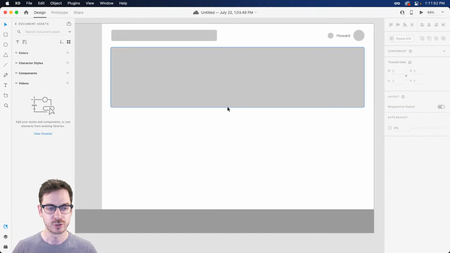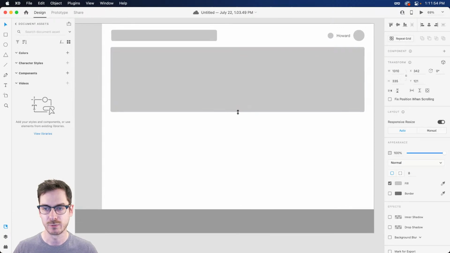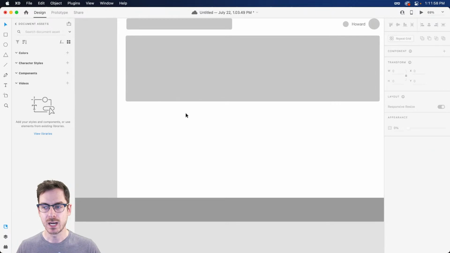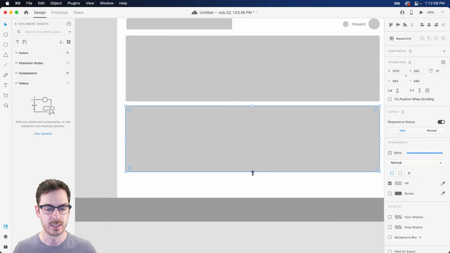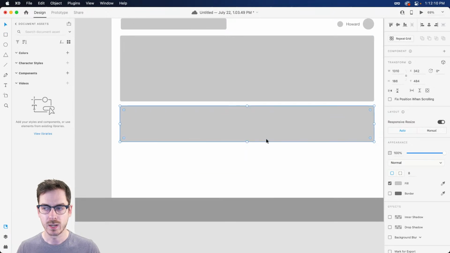All right, so we have our featured section right up here. Maybe I'll increase this a little bit more. And then right down below, we may want some album views, and this could be maybe 4 of them going across. So I can duplicate this downwards a little bit. And what I'll want to do is make sure that I can easily fit 4 albums going across this particular container, right?